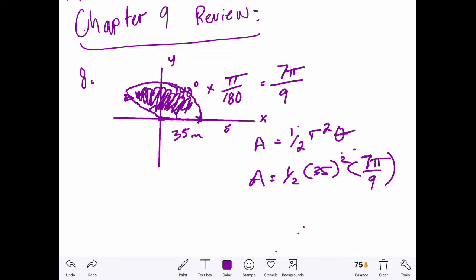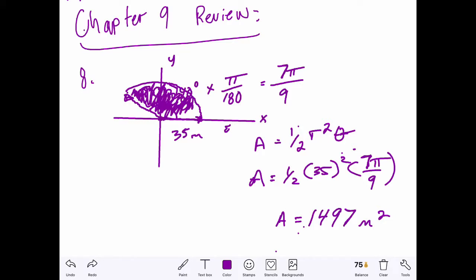Okay, and then of course we do 35 squared, then divide that by 2, multiply by 7 times 3.14159, that's pi, and then divide by 9. And that's approximately 1497 meters squared. Area equals 1497 meters squared. So the area of this sector here, all the shaded area, all the area that it would water,